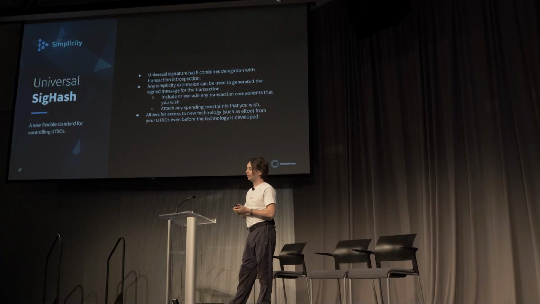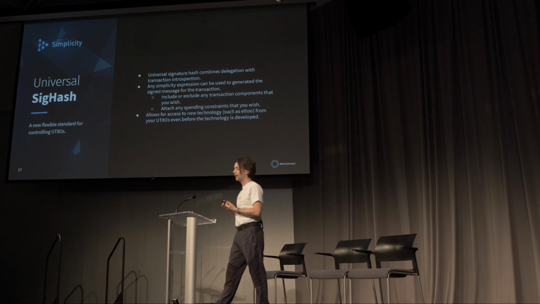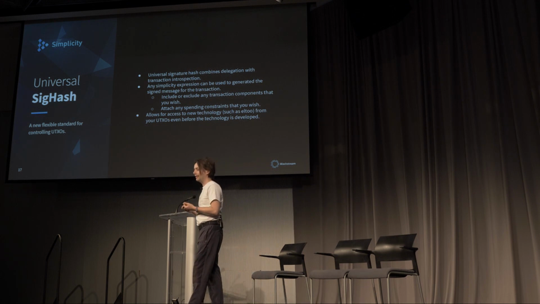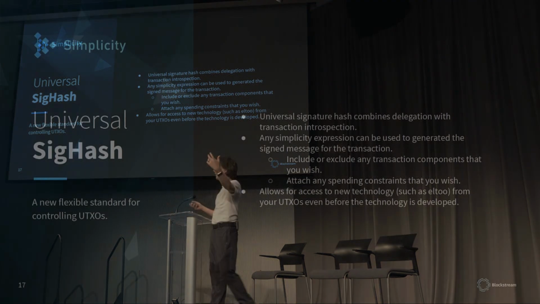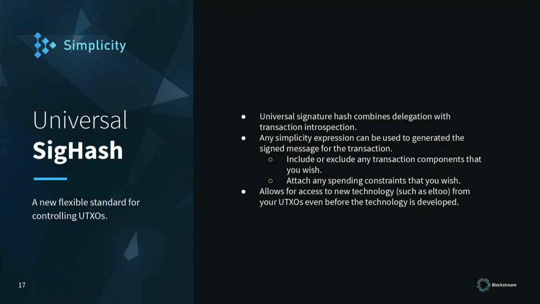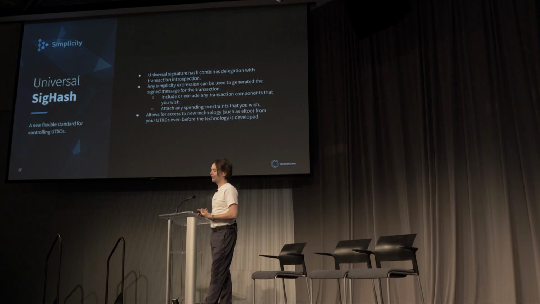One idea that I like here is this. On the Bitcoin mailing list, there have been recent discussions about new SIG hash formats and stuff like that. Simplicity enables what I call universal SIG hash, right? So this is a combination of delegation with introspection, where basically you can specify any hash of the transaction data that you want and sign for that, right? So if you want to only do the outputs or some subset of the outputs or some subset of the inputs, at signing time you can decide which subset you're going to do.